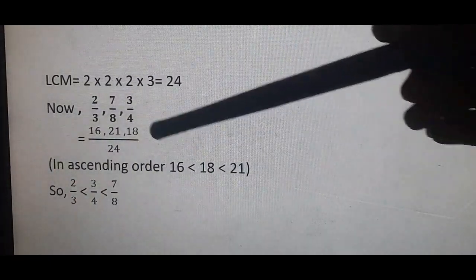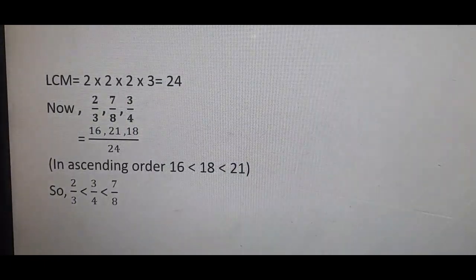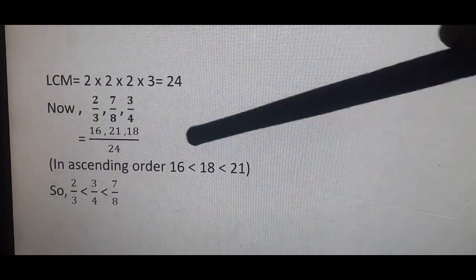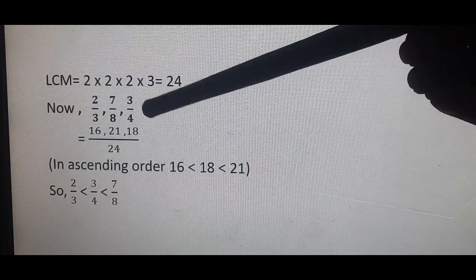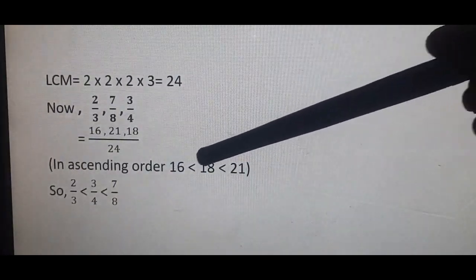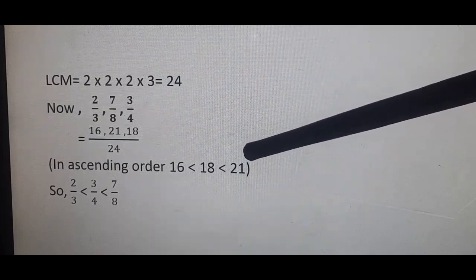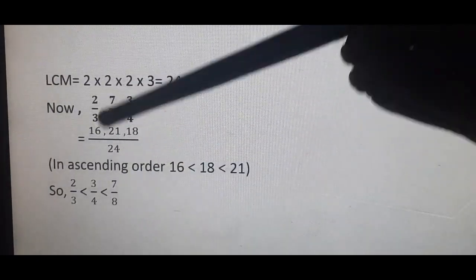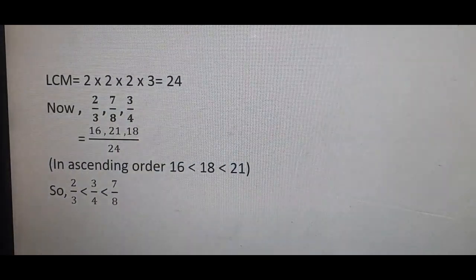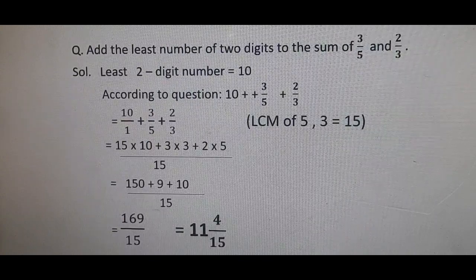First of all, we have checked these digits which are numerals given in the numerator. Arrange them, then write the original fractional numbers which are given. We will not write only 16 is less than 18 is less than 21. It is not asked. It is not a whole number in our question. It is fractional given, so we will write down the answer in the form of fractional numbers. Now we will do practice of word problems.